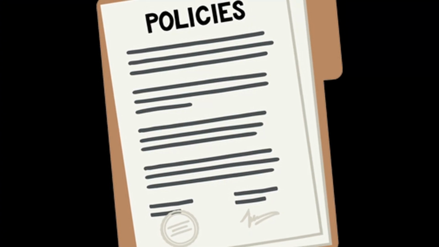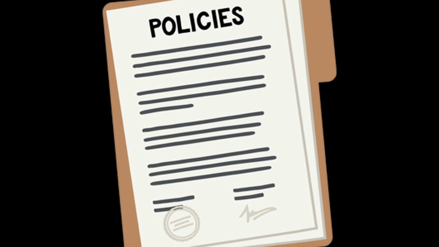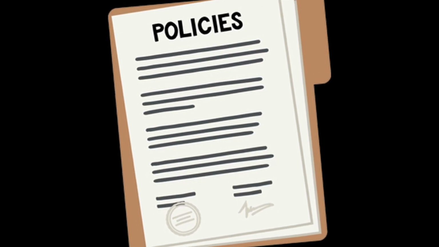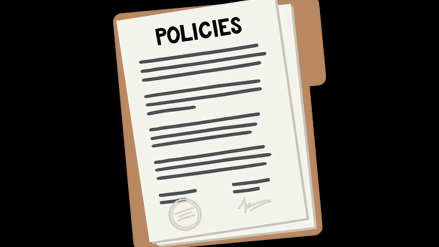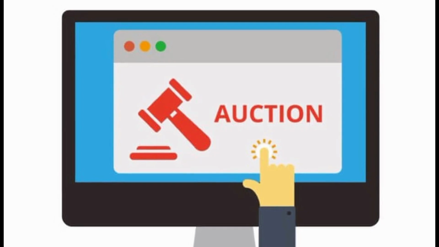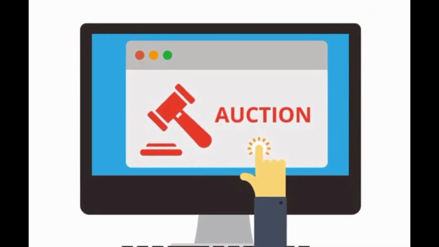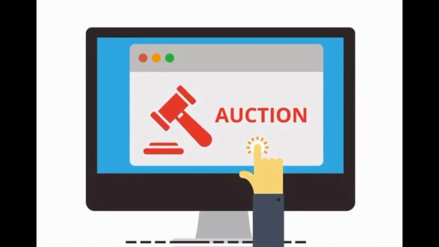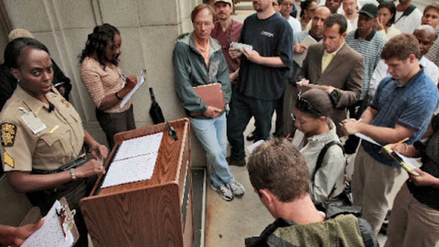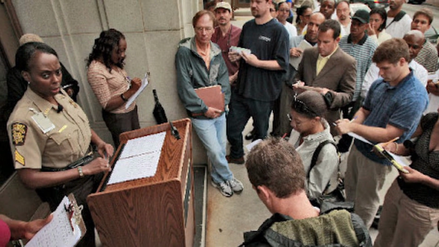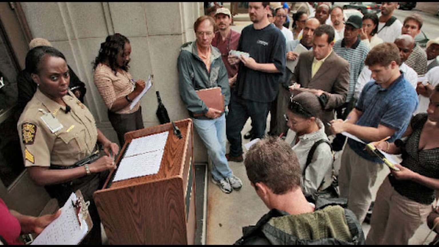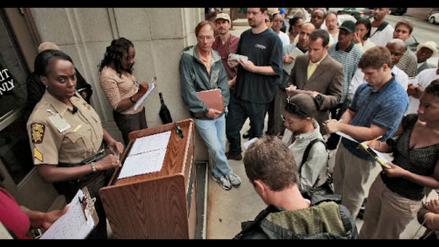Now, some of the auctions require registration and a deposit be paid 10 days in advance of the auction. So be sure to ask about your county's local procedures. And again, if you're unsure, go ahead and contact your county treasurer or someone with the county treasurer's office, and I'm sure they will be able to tell you what you need to do to register. Like I said, most auctions are held online, but some counties still hold the auction in person at the courthouse. So again, it's important to find the date, time, location of these auctions so you're not late and you're registered on time so you can put your bids in.